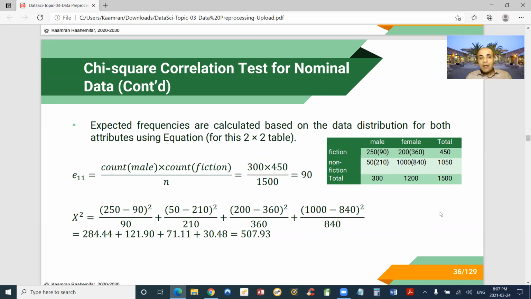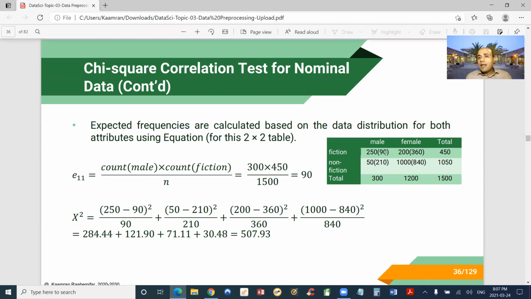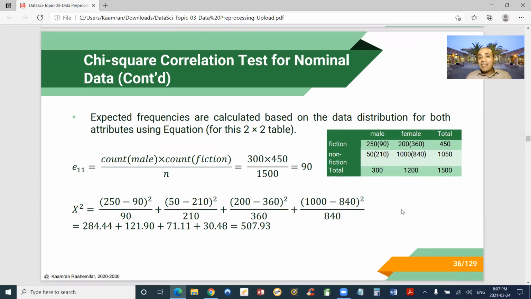So that's one thing. The second thing is to find the expected value. And the way we are going to calculate the expected value is simple. 450 times 300 divided by 1500. That's going to give you 90. And you're going to calculate the same for 360, 840 and 210. You are going to calculate the chi-square, and the way you're going to do the chi-square is simple. You're going to calculate the observed value minus expected value, to the power of 2 divided by the expected value. And you're going to sum them up, and you get